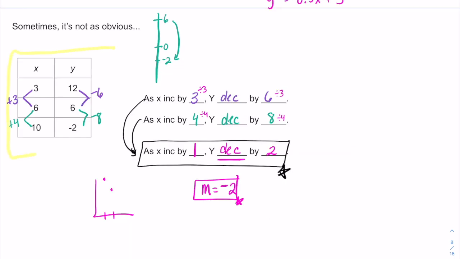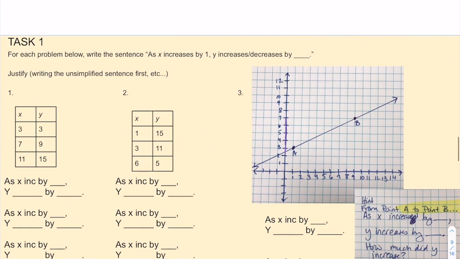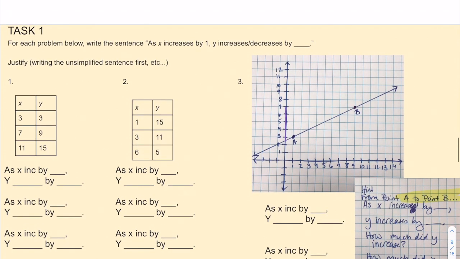So you're going to follow these same steps that we did in this problem with our work on the table and our work with our sentences. You're going to do that for problems 1, 2, and 3 on task 1. So 1 and 2 are just like the problems that we just did. For number 3, I'm going to give you a hint. To figure out how much x increased by, you actually need to count those spaces on the graph, and then you would do the same thing to see how much y changed, and then you could use those values to write the sentence. So complete problems 1, 2, and 3, and then upload your work to Google